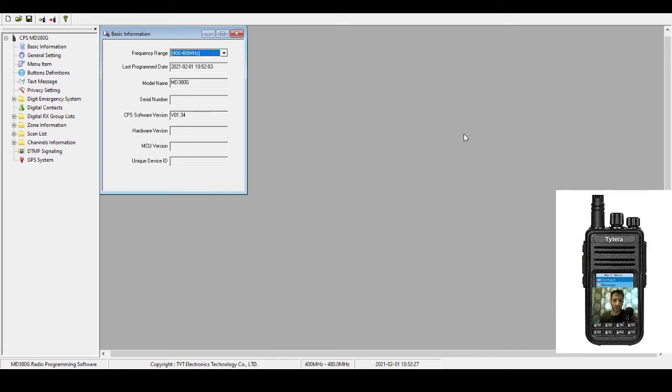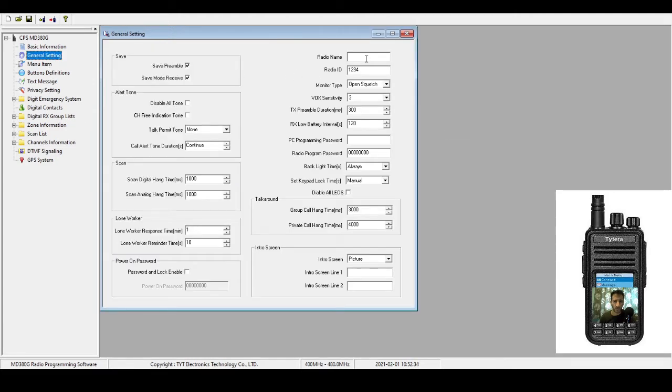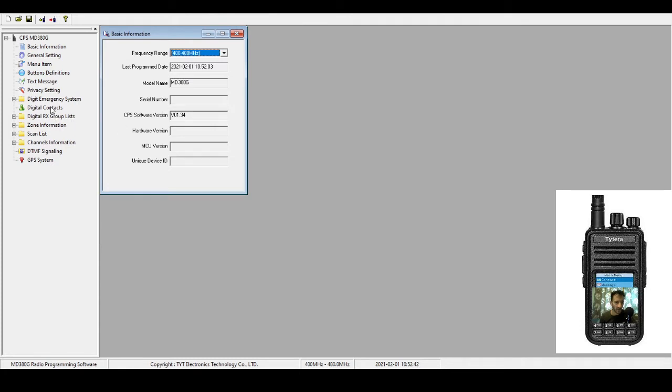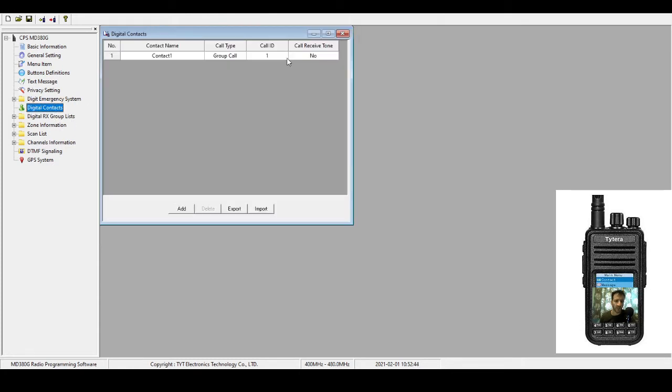M0FXB, we're just going to create a digital channel and add it to our codeplug. So first thing, just double check you've got your call sign in and your DMR number. There you go. So close that down and then go to digital contacts first, and you need to create a